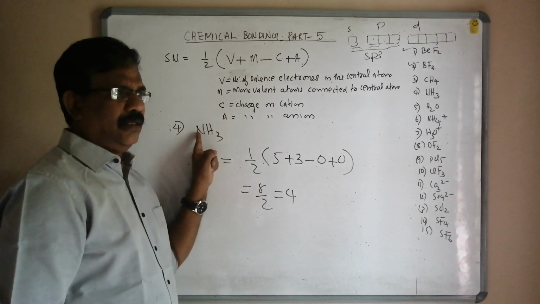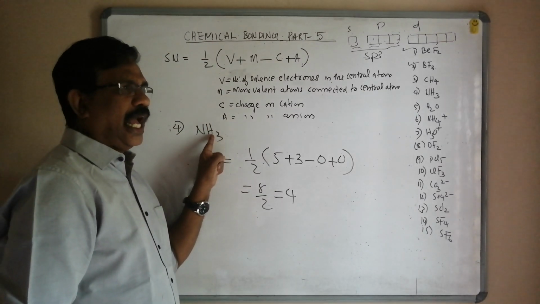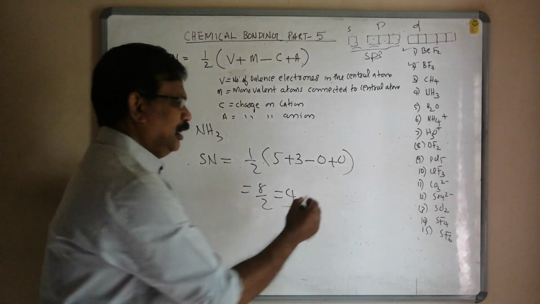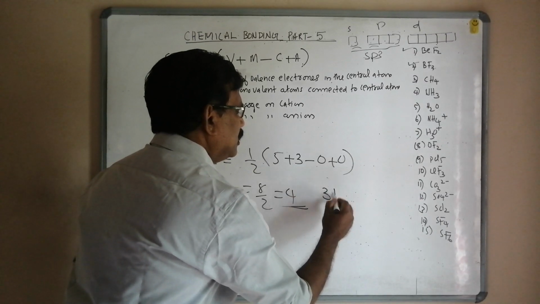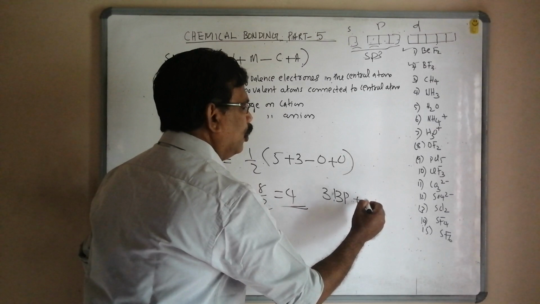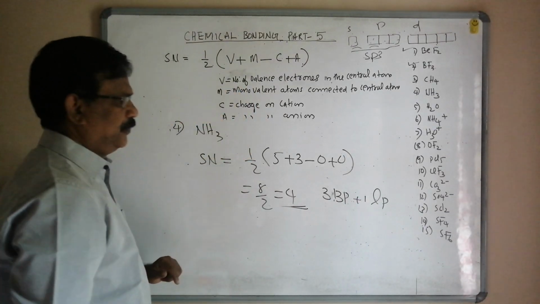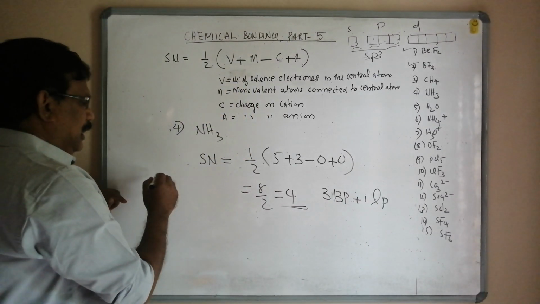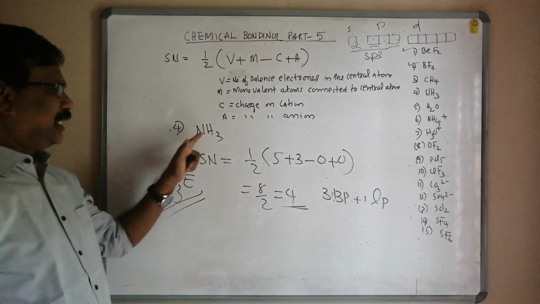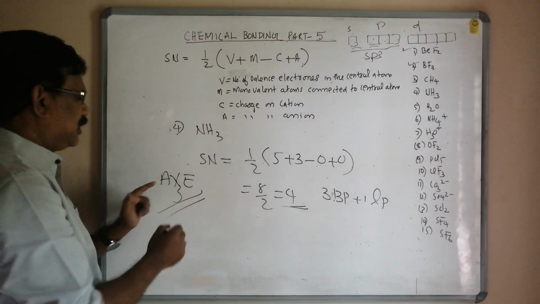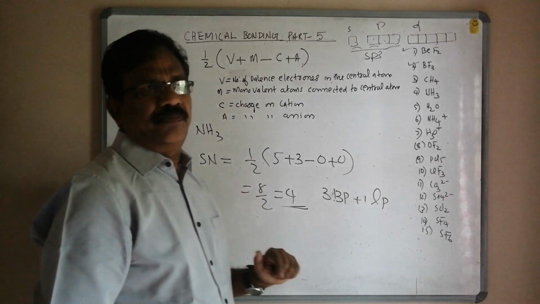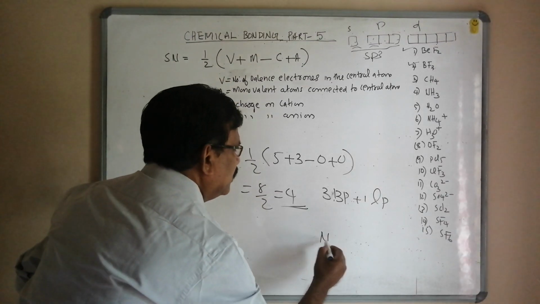4 hybrid orbitals. 3 for hydrogen and 1 orbital carries a lone pair. So 4 can be divided into 3 bond pairs: 3 orbitals for bond pairs for 3 hydrogen, and 1 lone pair. So this is an AX3E type molecule. A stands for nitrogen, X3 for 3 hydrogen, and E for the lone pair. AX3E means the shape is pyramidal. So NH3